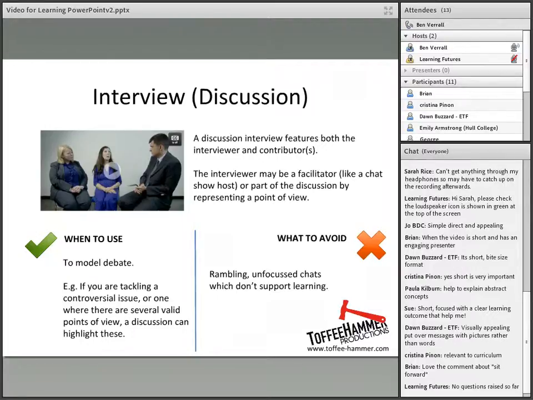If you think about Jeremy Paxman, he's expert at facilitating this type of interview. So you have somebody from one political party putting a case against someone from another political party against someone who's got some expertise in the field, and a good news presenter will be able to bring in those different points of view without giving a point of view themselves. So this is a really good way of trying to film an introduction to a debate.